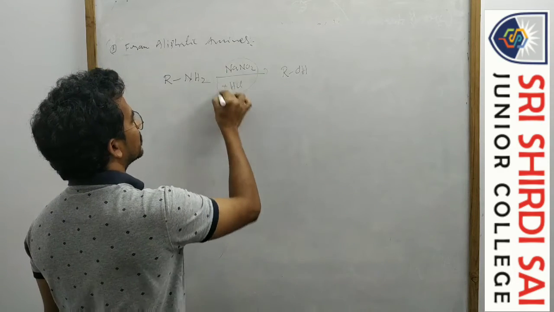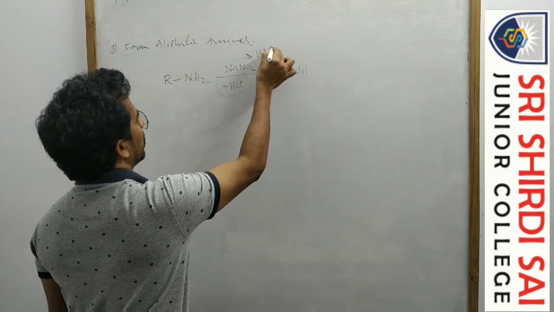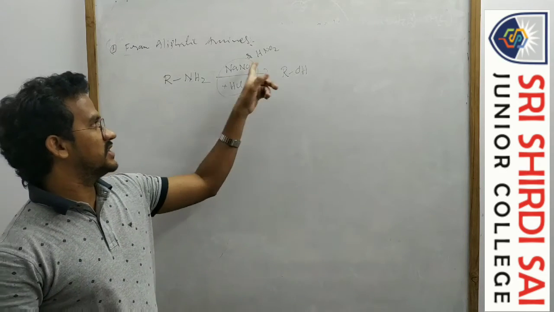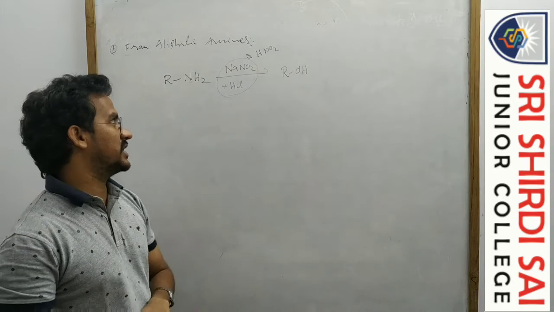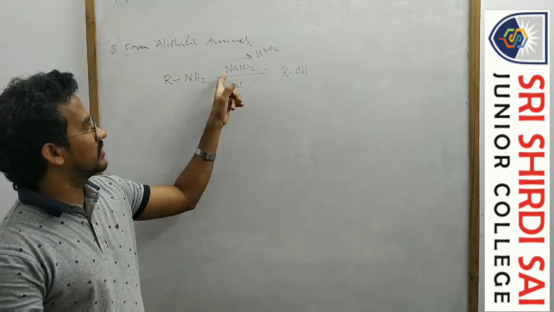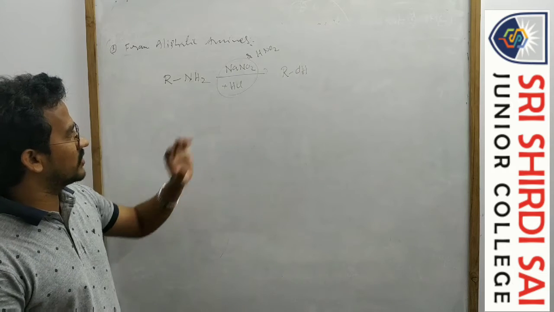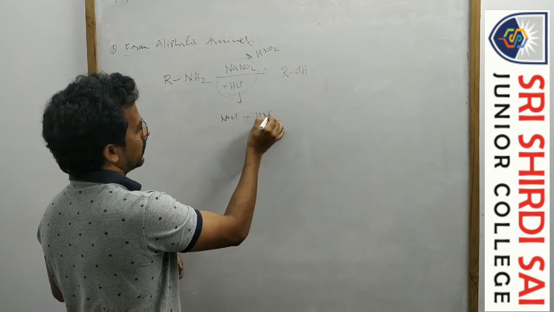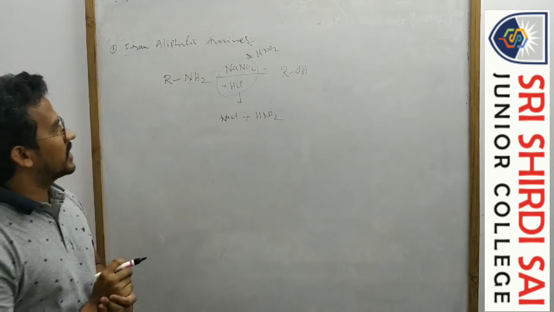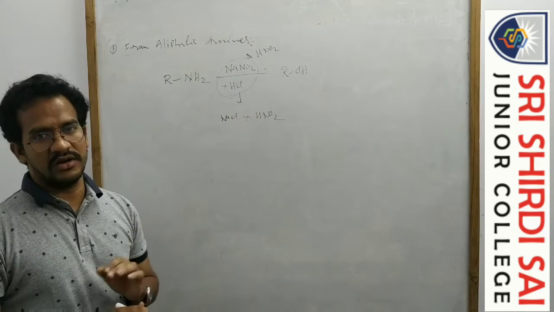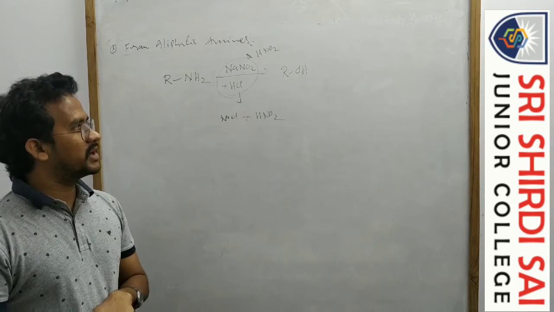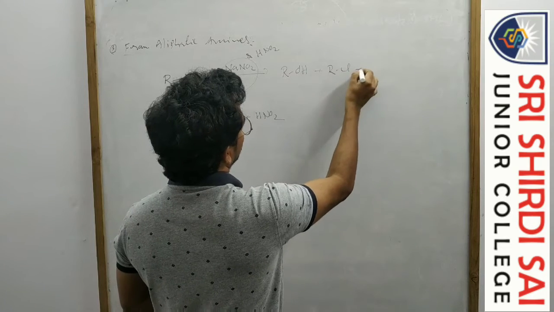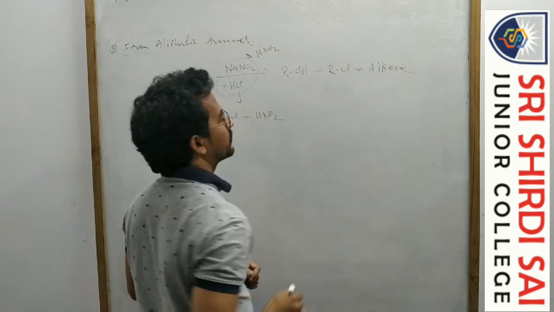Simply we can write this as HNO2, because at the time of reaction we are adding NaNO2 and HCl. HNO2 is unstable, as it is further oxidized to HNO3, so that's why we add a mixture of NaNO2 and HCl. By the reaction of NaNO2 and HCl, we get NaCl and HNO2. So when aliphatic amines are treated with NaNO2 and HCl, we get the alcohol. Of course, some other side products are also possible, such as alkyl halide and alkene, but in this reaction mainly alcohol is formed.